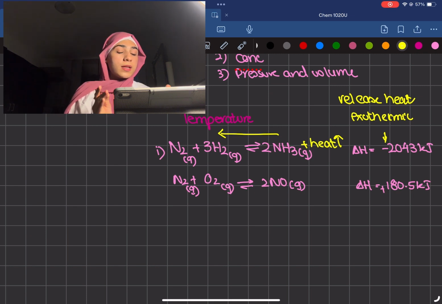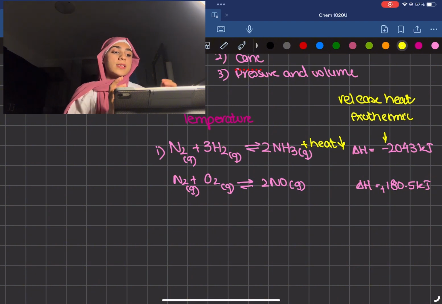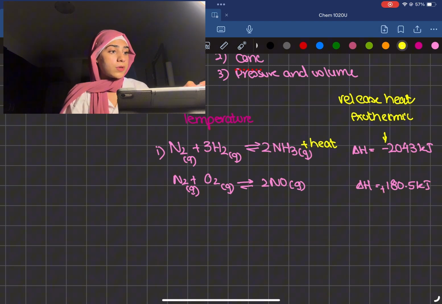Similarly, if I were to decrease the amount of heat on my product side, because the heat is on the product side, my reaction would move forward to make up for the decrease in the heat. Another way to easily remember or make sense out of it would be that your